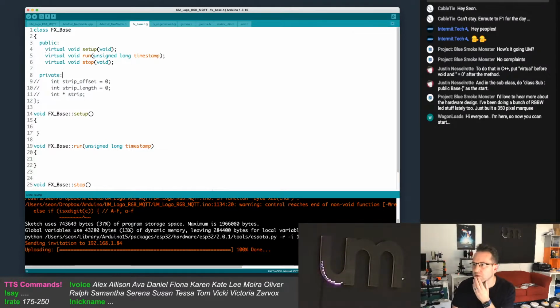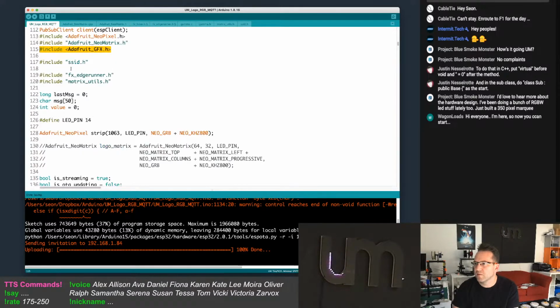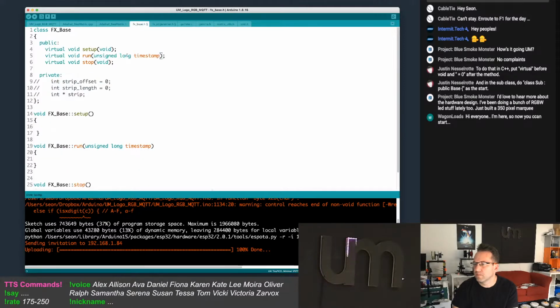And this also is going to need access to the Adafruit NeoPixel strip. And that's going to be that.